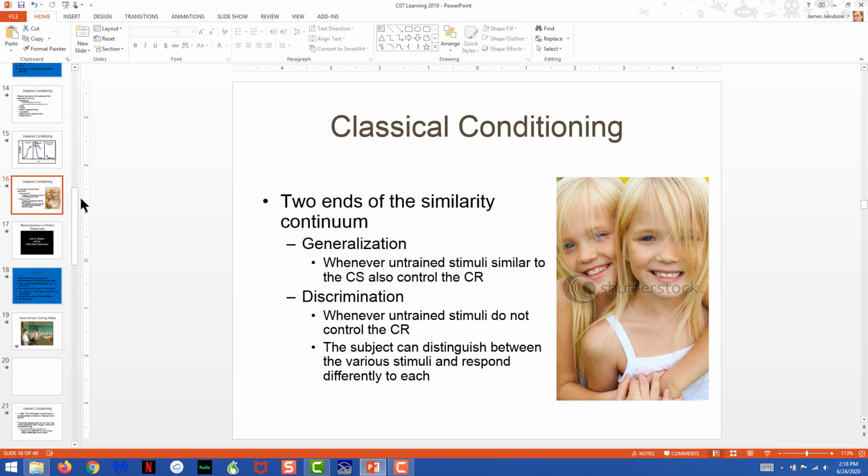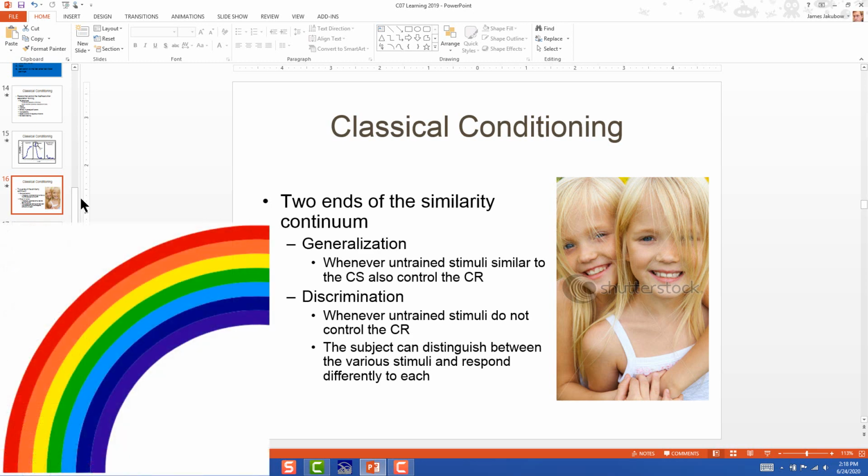In a very general sense, if you think of the 7 primary colors of a rainbow, and you have red all the way at one end, and red is associated with food, then the subsequent colors should also control behavior, but to a lesser extent. So from red to orange to yellow to green, you should see some responding, but less responding as you go from color to color, because from red over to green, you are changing the wavelength in a systematic fashion.